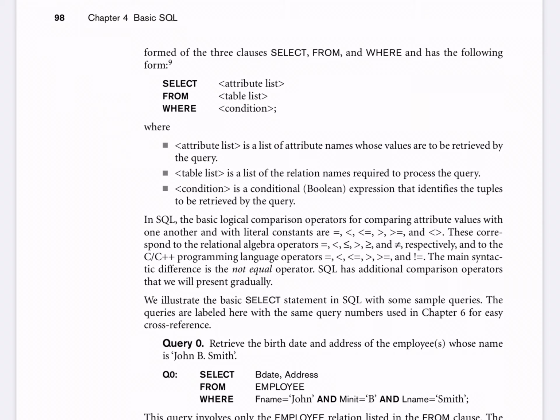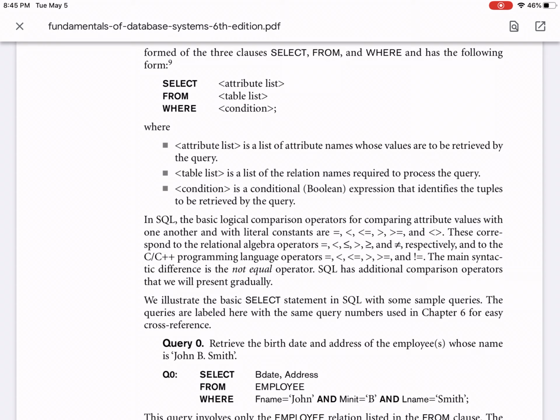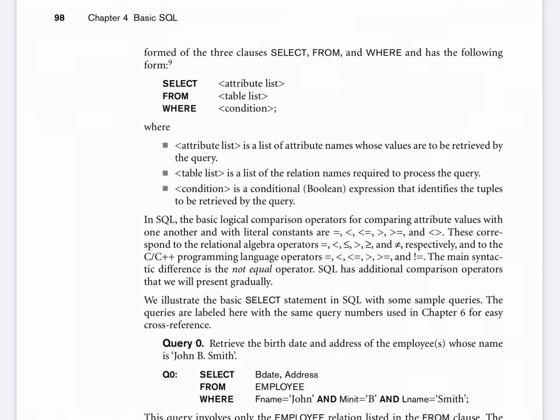Certain select queries we have seen, simple select queries we have known. The select query simply goes according to this general structure here, which says select attribute list. So you can have select first name, comma, last name, whatever fields you specify. Or if you want all the fields to be extracted, you might simply write, like I have written a couple of times in the online session, select star. Star will select all the columns. If there are 5 columns in the table, all 5 columns will be selected.